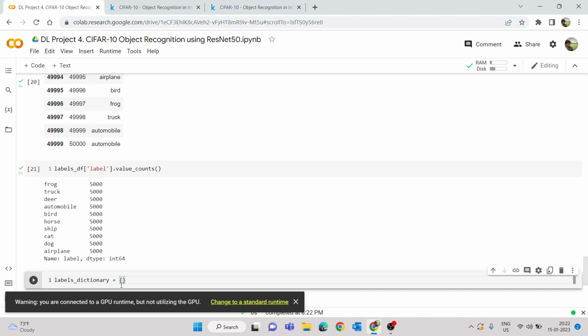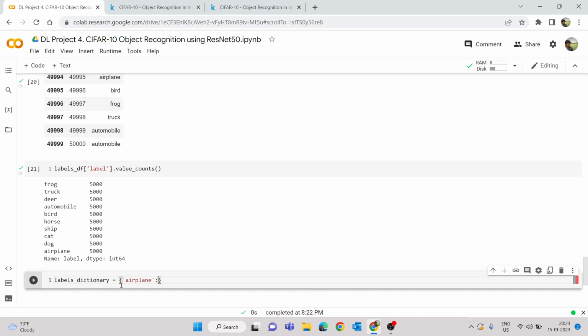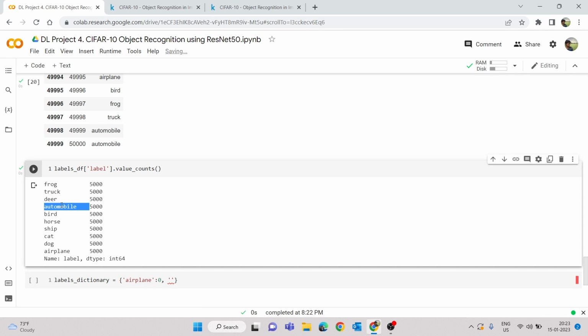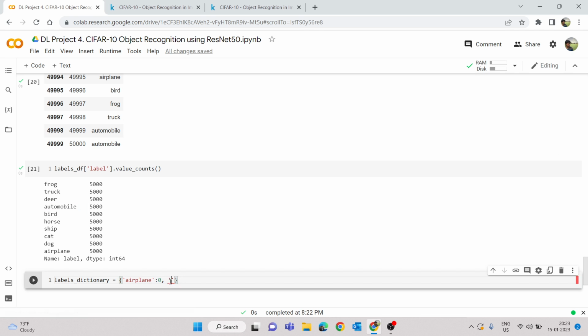And first, if it is an airplane, I'll just use the alphabetical order. So first I have this airplane, right? So airplane should be 0, and let's convert this automobile. So I'll copy from here. So automobile, let's encode this to 1,